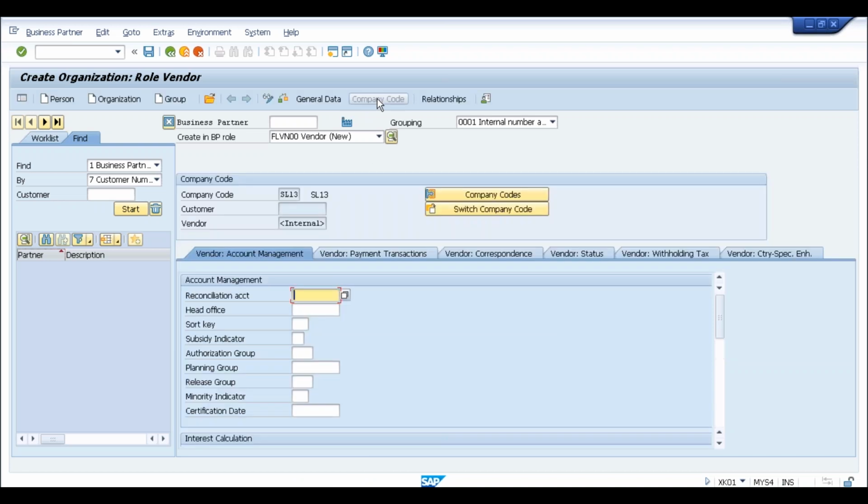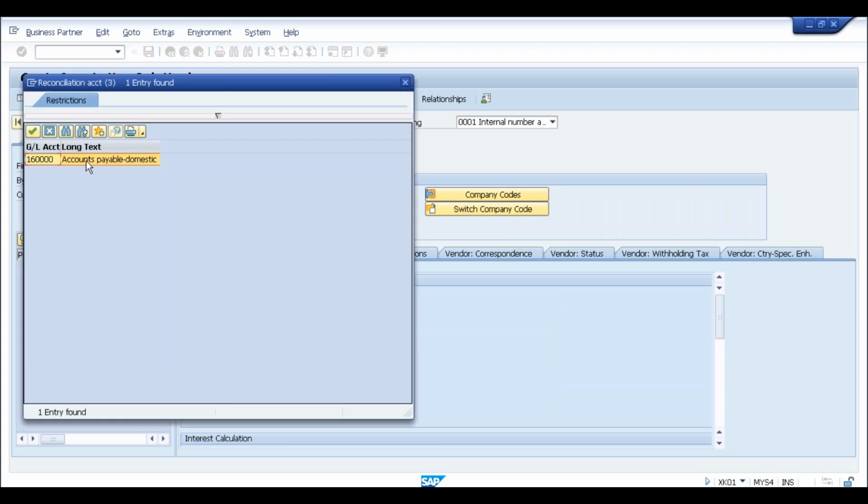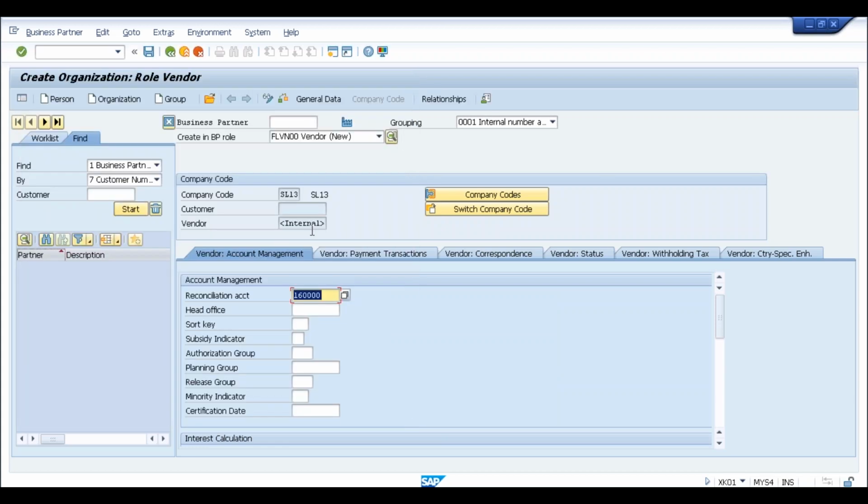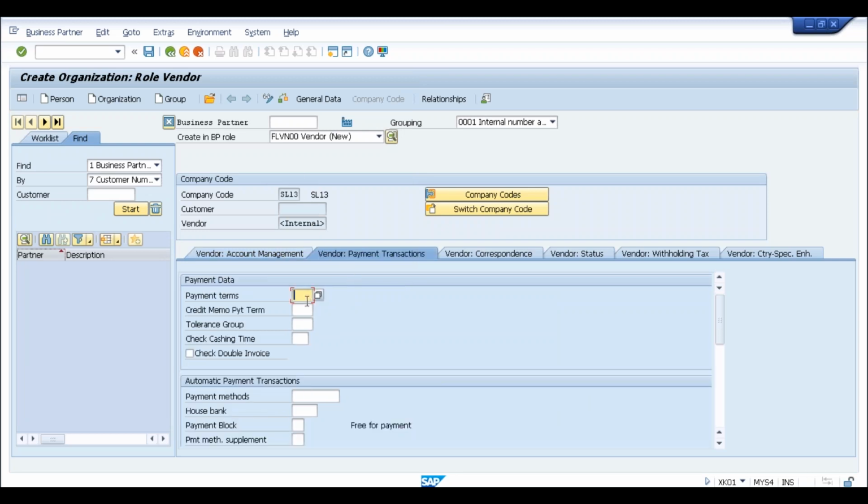Okay, I'll go to company code data. I'll provide the reconciliation account, which is accounts payables. So I'm done from the company code point of view, which means I entered the financial information. But if I want to use this vendor for